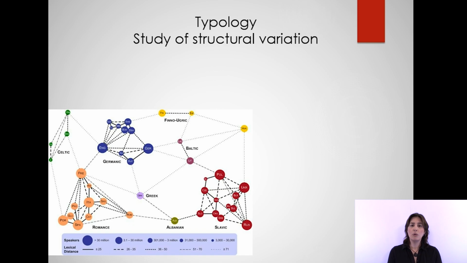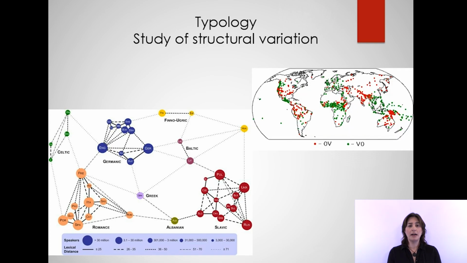Or they can engage on quantitative analysis of the variation patterns that we already know, in order to map their distribution geographically, as in the map you have in the slide about verb-object or object-verb languages, or to uncover correlations between a given grammatical or functional feature and another with the help of computational aids.